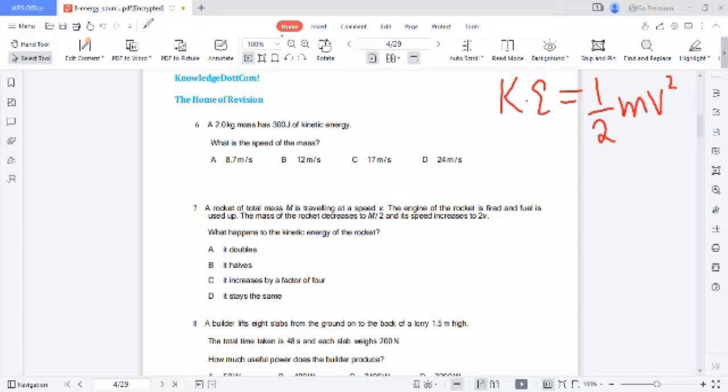So kinetic energy is 300, which is equal to half times mass, 2 kg, and then we have v square. The 2 is cancelled. So 300